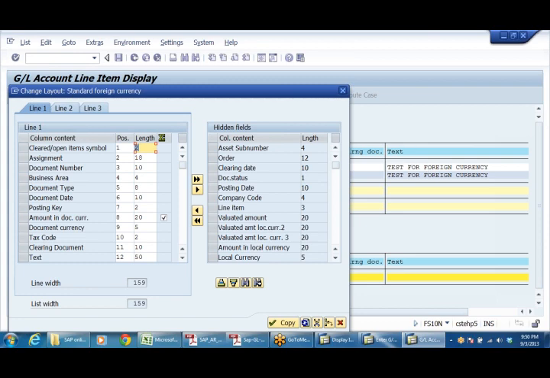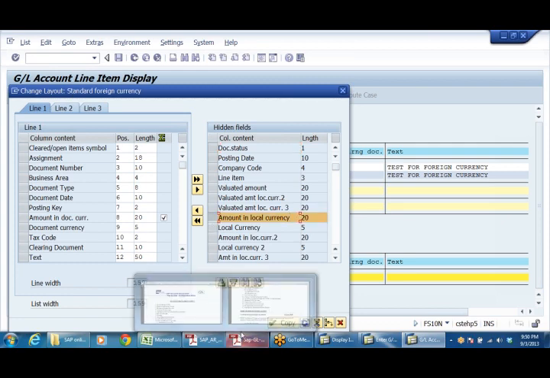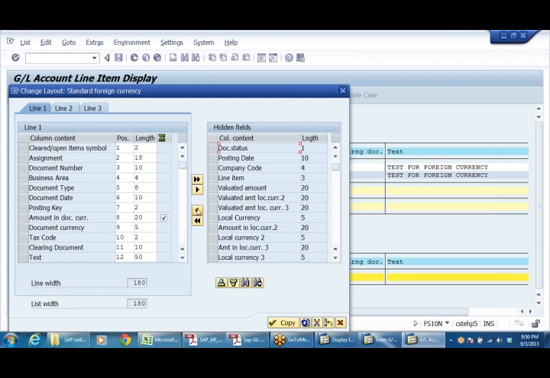Then this is next part. So first of all, one is posting date, company code, validation, valid amount in local currency. Select this, push towards this side, and text, I don't want this, push towards this side, right?